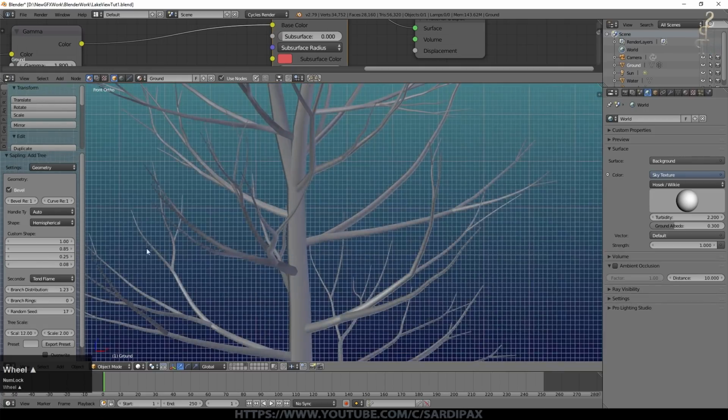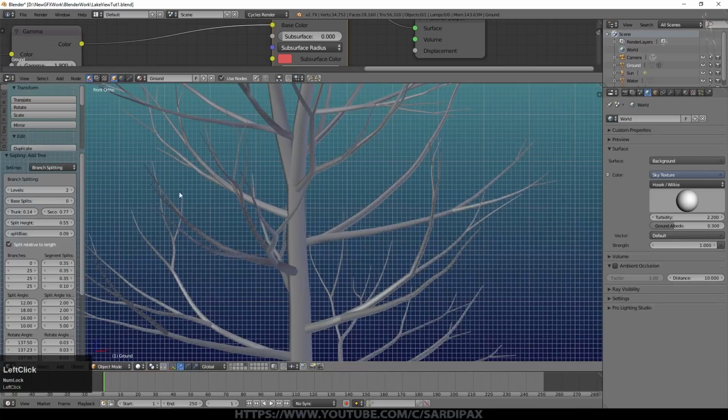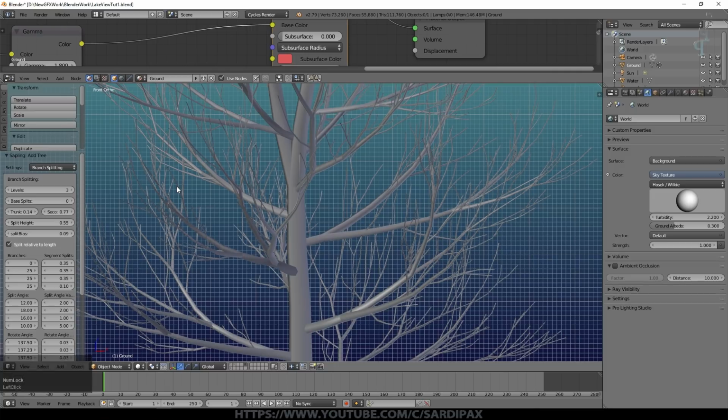Leaves will be created right at the very smallest twigs. So you can see we don't necessarily have twigs which would have leaves on yet. So make sure you go up to splitting and you've got enough levels. So let's go up to 3 levels. This is going to be our high resolution close trees. So that's quite a few more twigs.